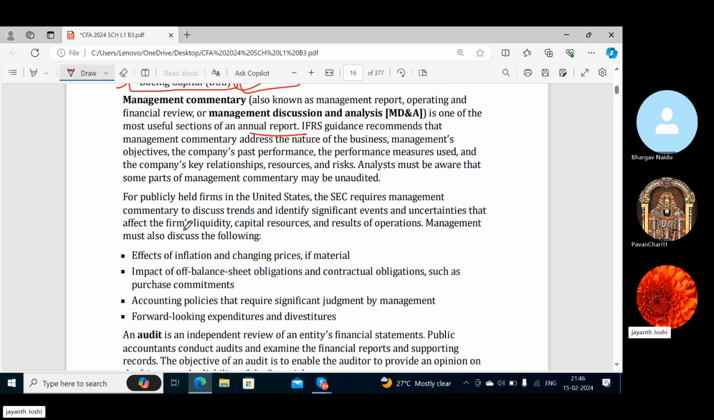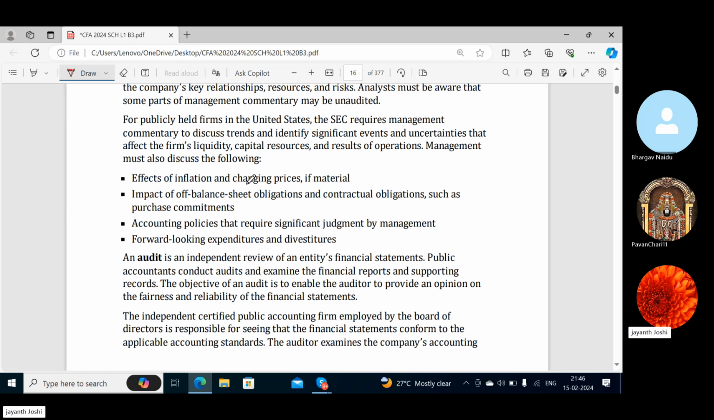And results of operations. Management must also discuss the following: how is inflation affecting the prices of their product? If it is material, then definitely it should be discussed as well, because inflation matters. If there's a very high jump in the prices, then definitely that can be due to the inflation factor,